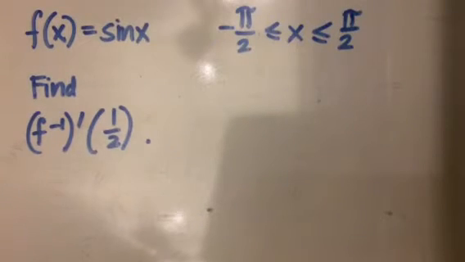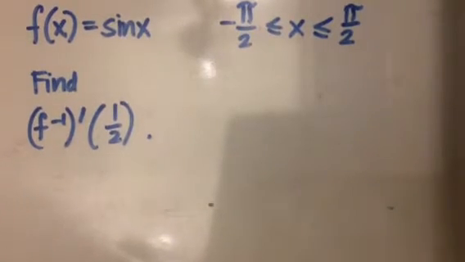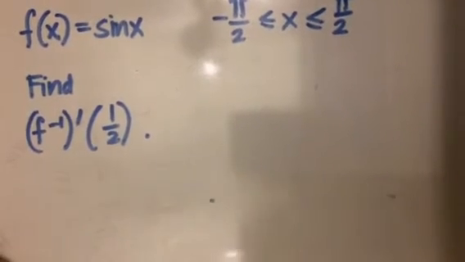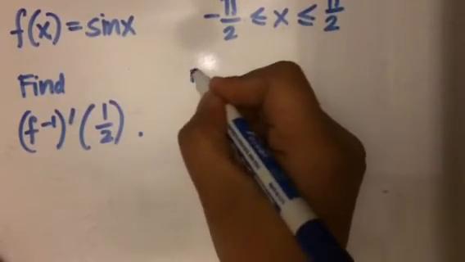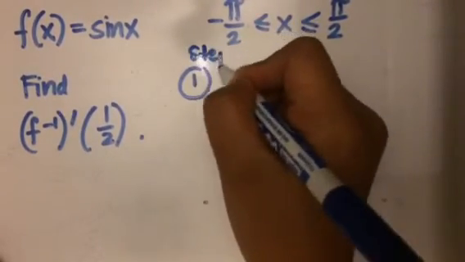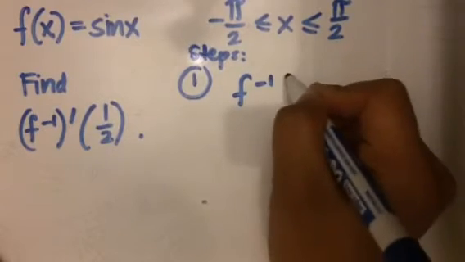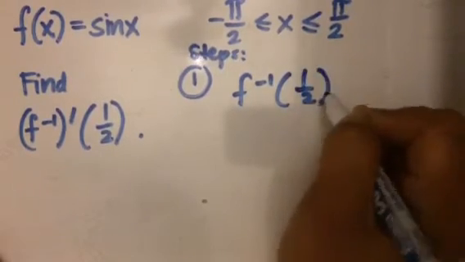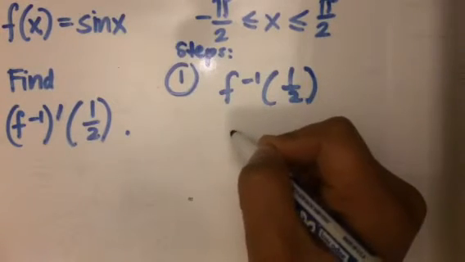So here's the solution to the previous problem. Find f inverse prime of 1/2. So you have the first step would be to find f inverse of 1/2. And f inverse of 1/2 is going to be